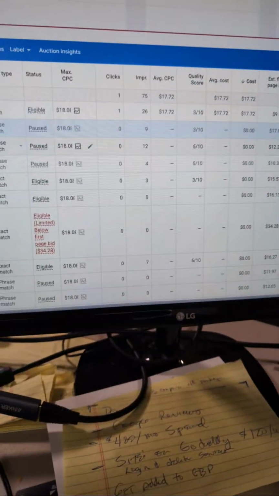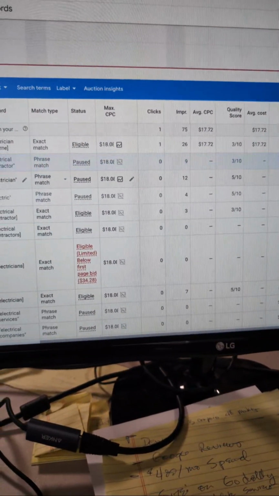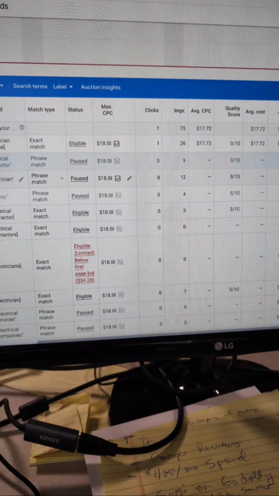Google will tell you to run these automated pay-per-click campaigns, and you will find that you will quickly go broke. And here's one of the reasons. We're going to kind of peek in on one of my clients' accounts if I can keep from showing too much of his personal identification stuff at the top. So I apologize about that.